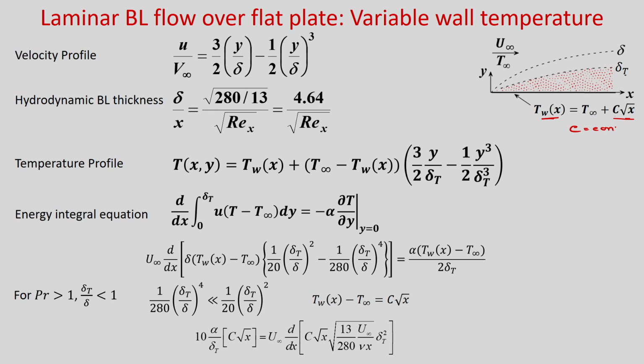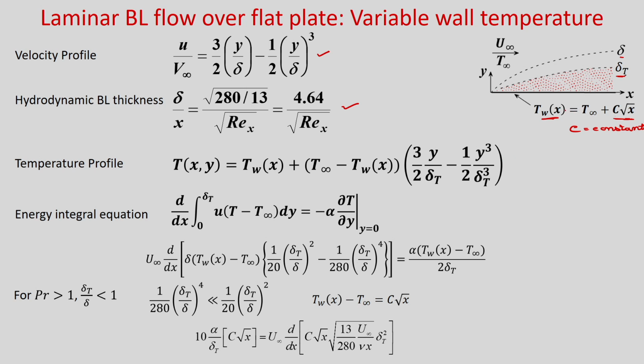Okay, C is equal to constant, and in the last slide we have seen that generally for constant wall heat flux condition T_W varies as root x. So, we have taken T_W(x) is equal to T infinity plus C root x. So, you have free stream temperature T infinity and Prandtl number is greater than 1, so that delta T is less than delta. Okay. So, for this expression if you use the third degree polynomial for velocity profile, we have already derived this, delta by x we have derived this, and the temperature profile.